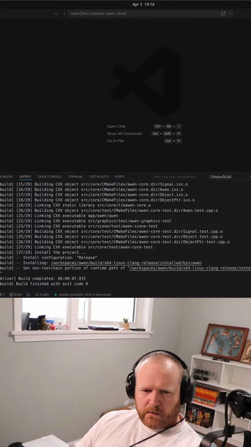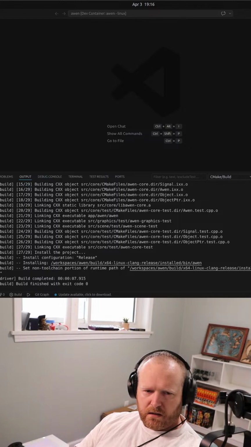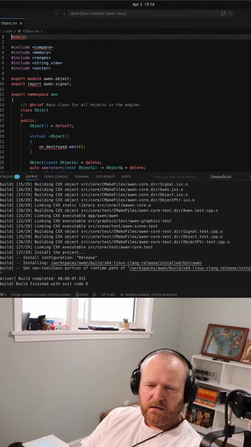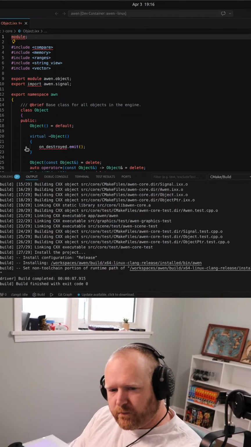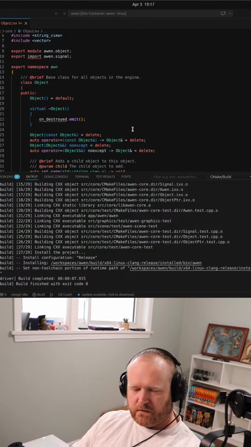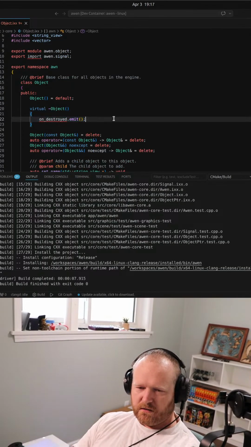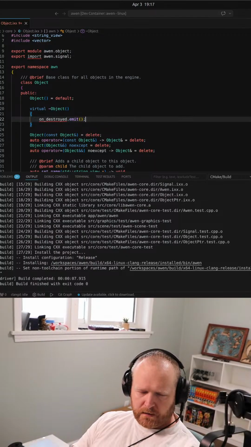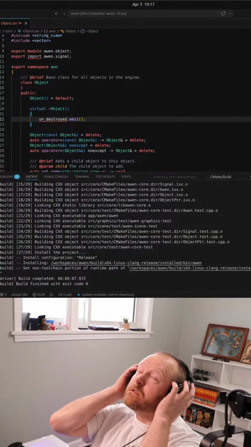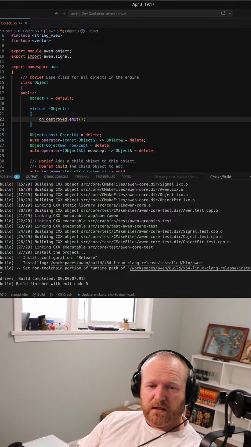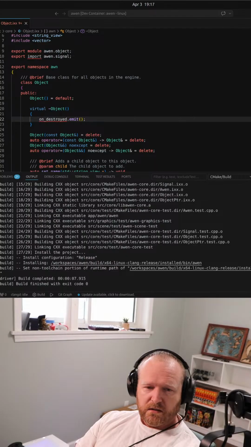So now I want a... I have the core object for this framework with a simple signal to let us know when the object gets destroyed. Now I think I want to get the engine in place because I want to be able to do